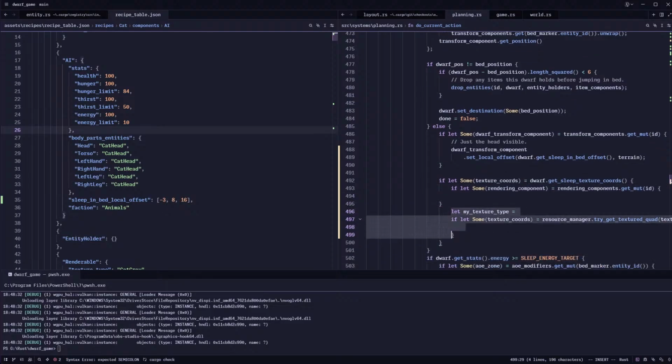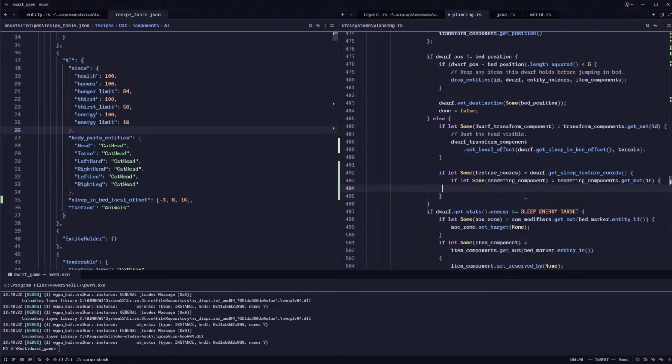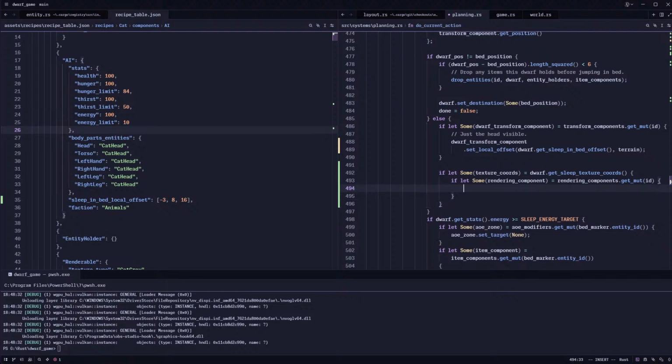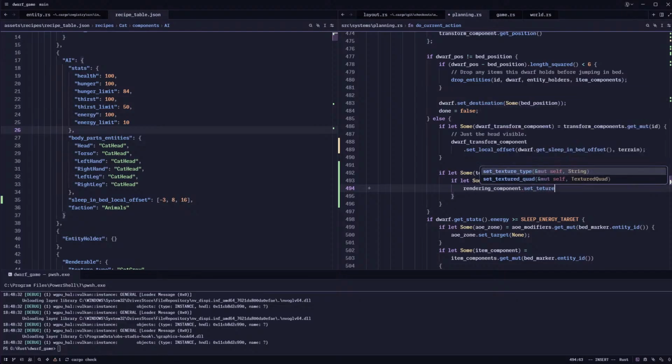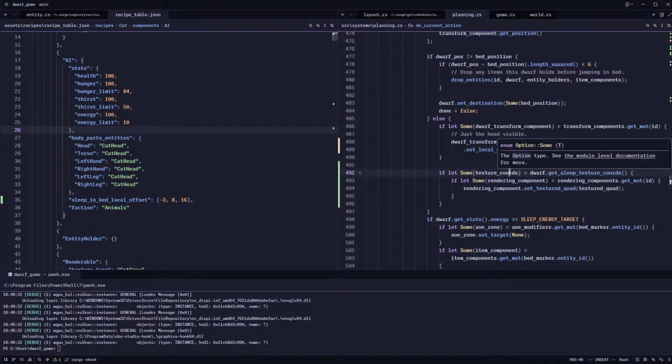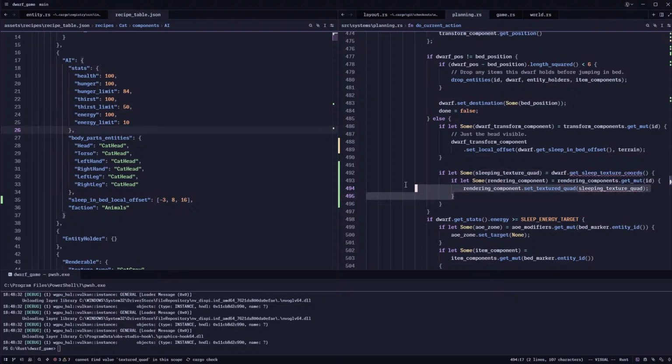And then we get the rendering component, and then how should we do this? Put the quad there. Sleeping texture, put it here, and then